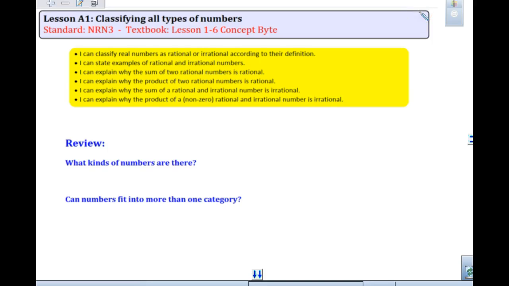All right, so we're thinking about types of numbers today and classifying them, okay? So we're going to be classifying types of numbers. And as we do that, if you open to that first page of your notes,